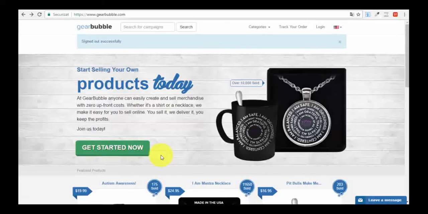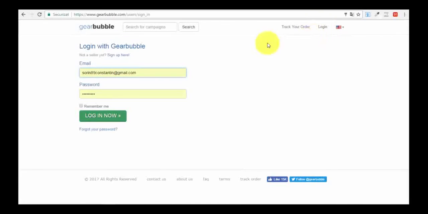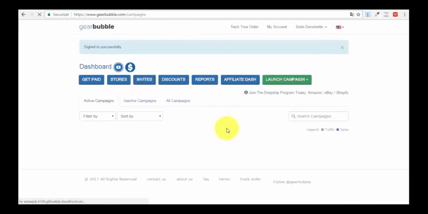And after you have created your account and confirmed it from your email address, you come back to the platform on gearbubble.com. You will have an option here, login. I will press the login button. That's what you will have to do as well. And you can see that I already have my information here remembered by my browser. I will check this option, remember me, so that the next time I don't have to log in again. I will be already logged in when I enter on the platform. And what I want to do right now is press on the login now button. And basically here it is, my dashboard. I've just logged into my account. Okay, so this is the dashboard.